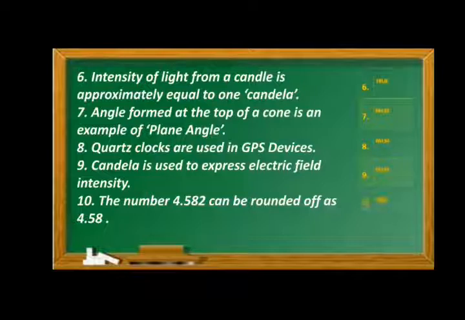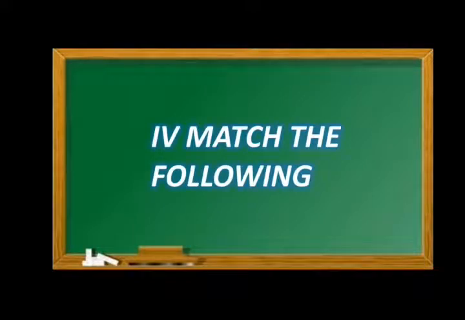The number 4.582 can be rounded off as 4.58. It is true. Next, we move on to the match the following, in which you have to match the answers given in column B with the statements given in column A. Here,